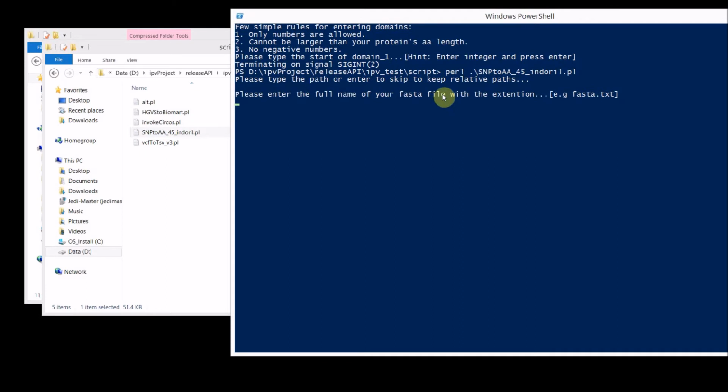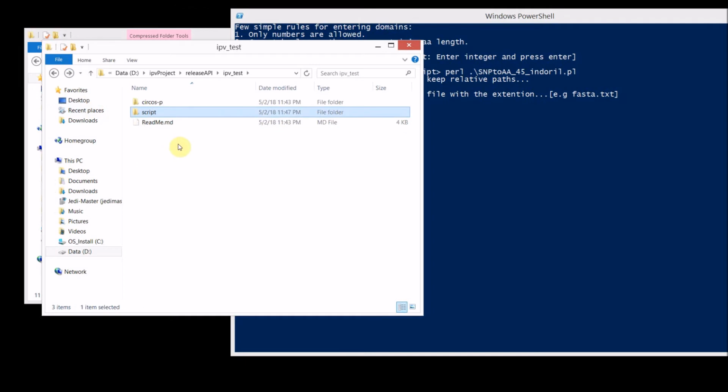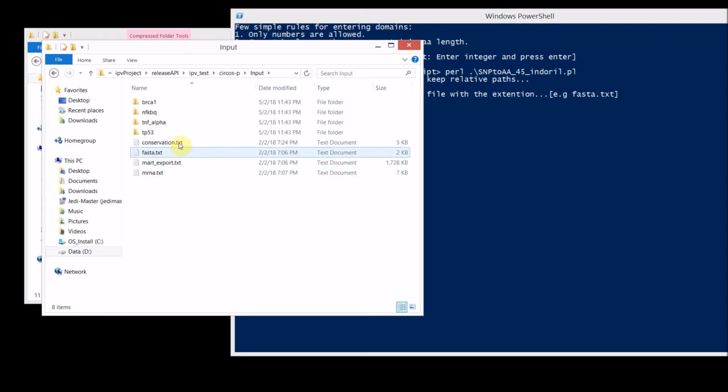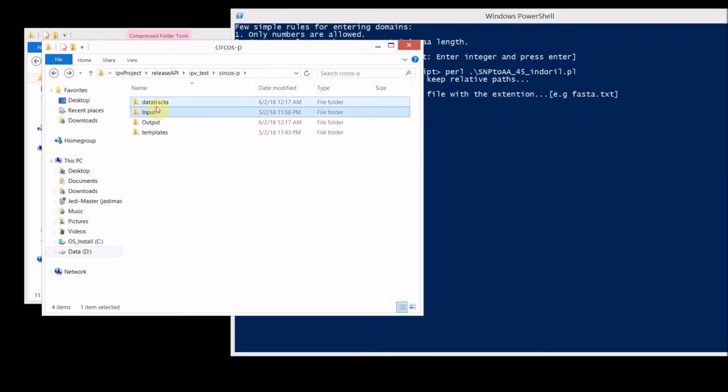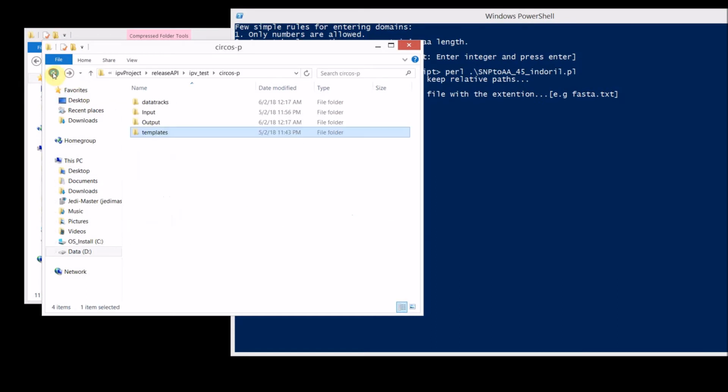And then what I have done also is that I got the input files from Pritam, and I got those 4 files and I put them inside the Circos P folder and then the input folder. So the 4 input files are here, and you don't do anything else. You don't touch the data tracks folder, you don't do anything in the outputs folder, and especially in the templates folder, you touch none of these files. These are all fixed. The relative paths are going to take care of those things, so you're not supposed to change any of these things. Okay, so after you put your input files here,